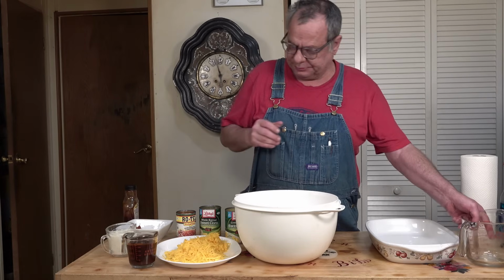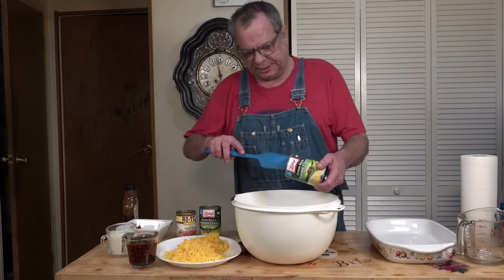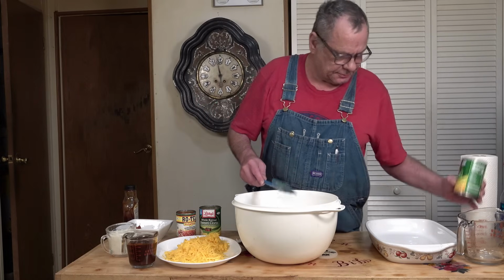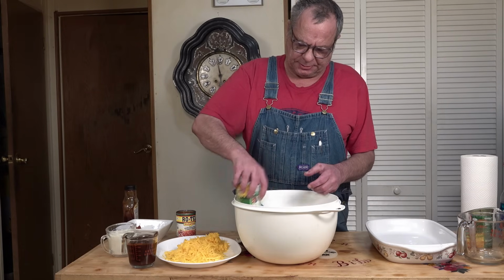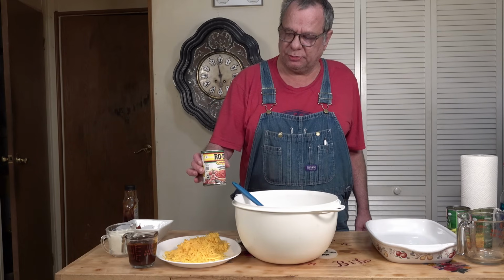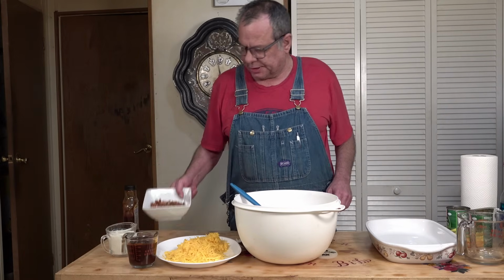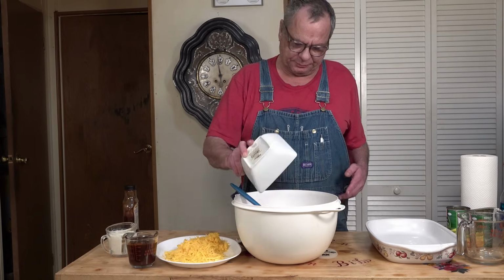Pour the chicken, the cream corn, get my handy dandy spatula and get a lot of that juice out of there. Oh yeah. The cream corn, my drained sweet corn, my can of Rotel tomatoes with the juice, my half a pound of bacon that I've fried and crumbled up,